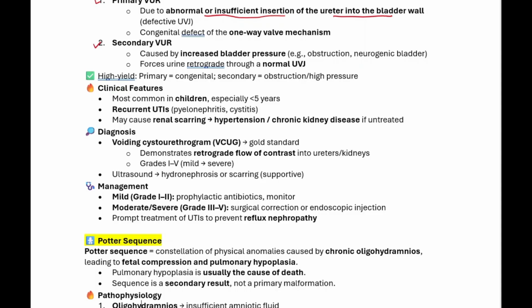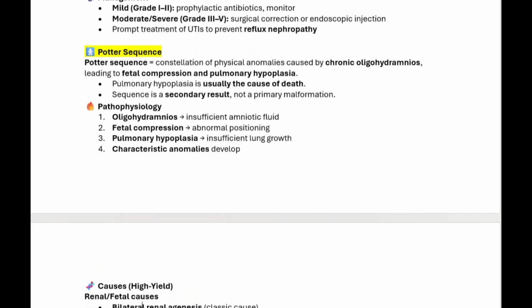And you can also do ultrasound, whereby you can see agenesis or scarring of the kidney. And what's the management? If it's mild, you can do prophylactic antibiotics and monitor. If it's moderate to severe, like grade 4 to 5, those patients might need surgical correction. And then moving on to